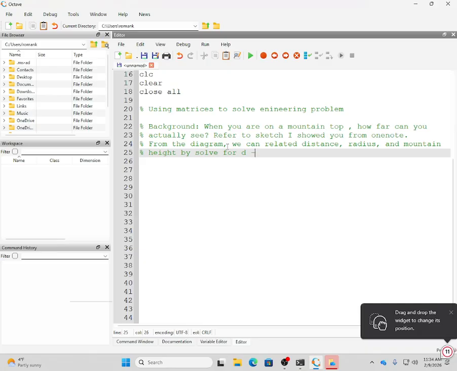So this d can be written as, small d obviously, d equal SQRT, square root of h square